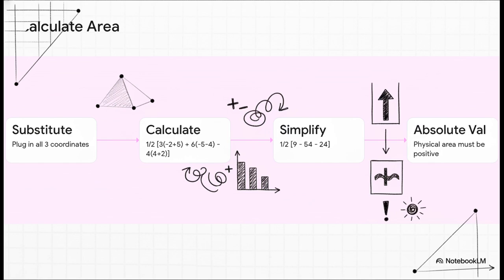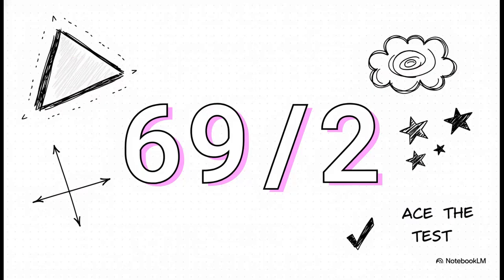-69 over 2. But, and this is a fundamental rule of geometry you can't forget, physical area must always be positive, so we take the absolute value. Lock this final answer into your mind. The exact area of that triangle is exactly 69/2 square units. Honestly, if you can handle those negative signs carefully without tripping up, you are going to ace these questions on